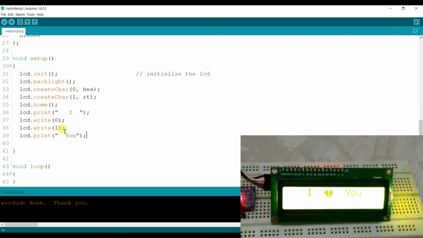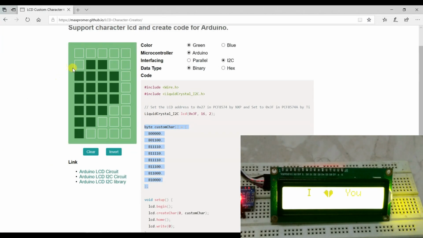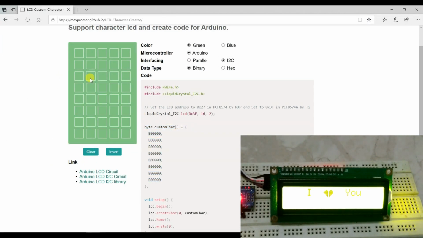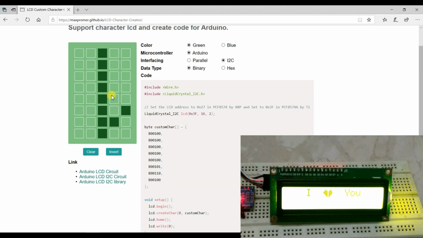Now we will print some symbols here, like the battery symbol, Bluetooth symbol, etc. So we will go once again to that website, clear, and first we want to print the Bluetooth symbol. The Bluetooth symbol is like this.